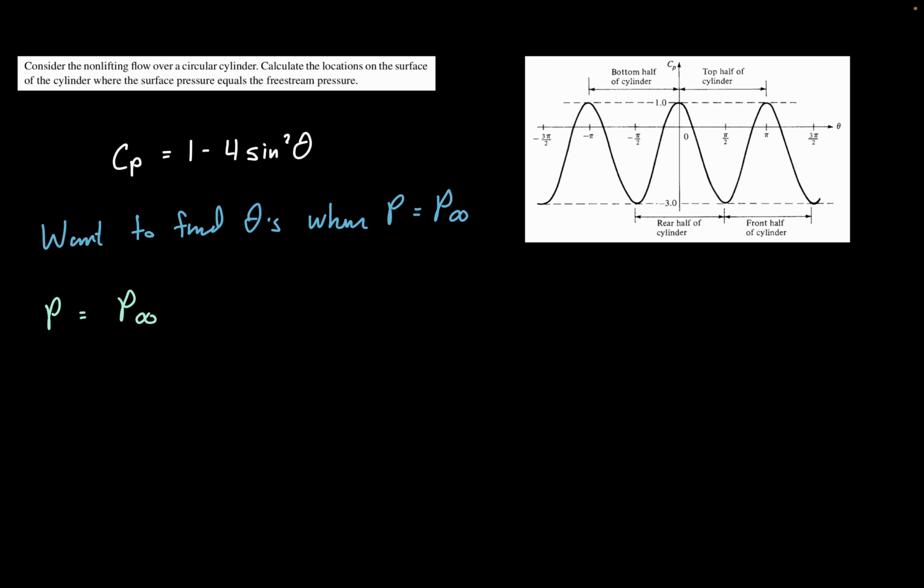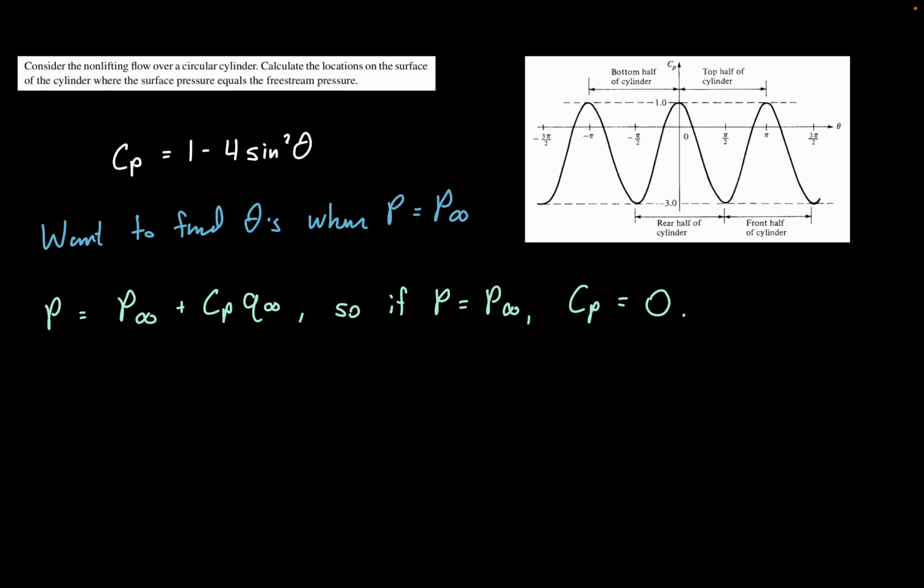That'd be Cp is equal to 1 minus 4 times sine squared theta. So now let's write out: we want to find the thetas where P is equal to P free stream, or our static pressure. We can make this relation where P is equal to P infinity plus our coefficient of pressure times our dynamic pressure, or Q infinity. So if P is equal to P static, then that means Cp has to be equal